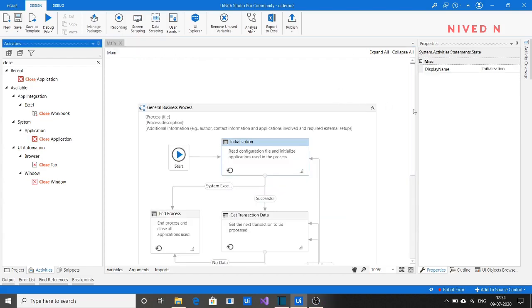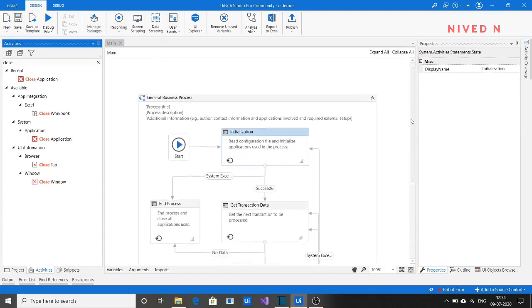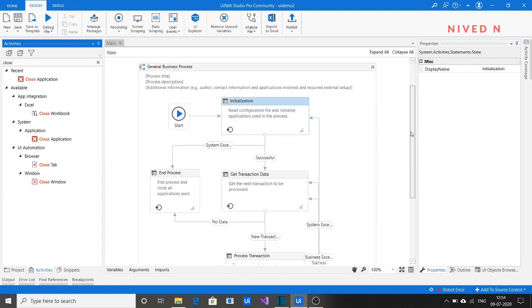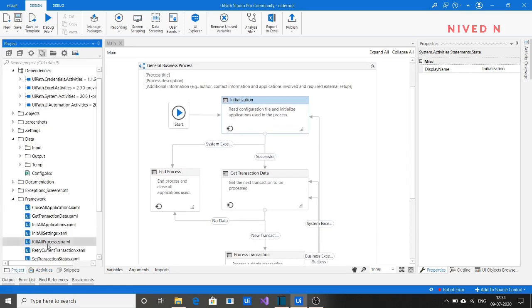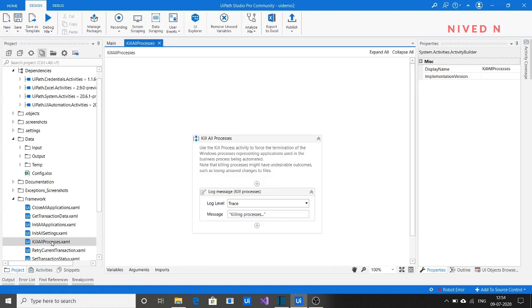So after closing the application, next we want to kill the process. Kill process ensures that whenever we initialize the application in the init state, all these processes have been closed, so that the automation can start in a clean state. That is why it is used.